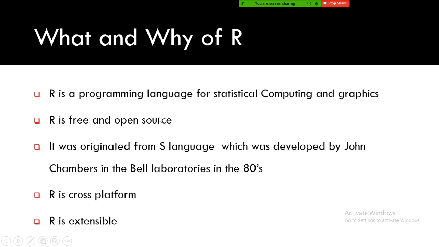So in between, there's something called Revolution R. Okay, they made some changes to the source code of R, and they made a commercial one, and finally now R is available under the GNU General Public License. Okay, and the pre-compiled binary versions are provided for various operating systems. Now you can run R on Linux, Windows, and Mac also.